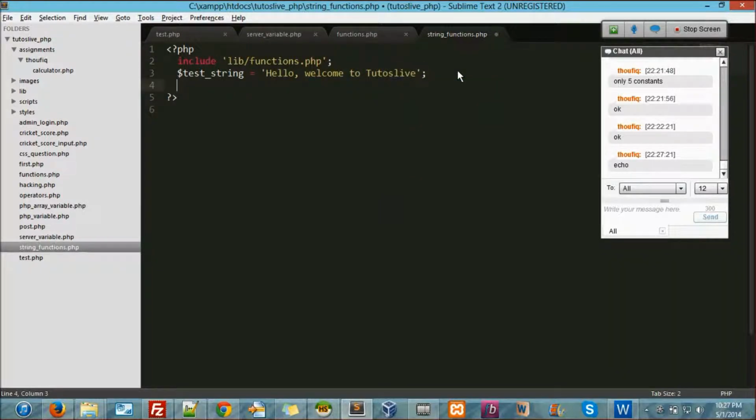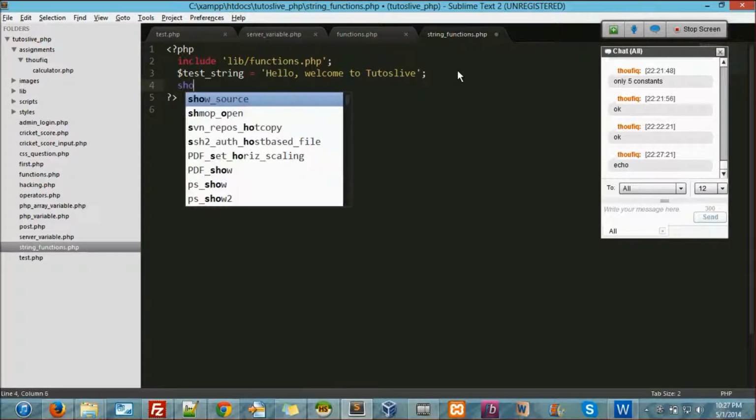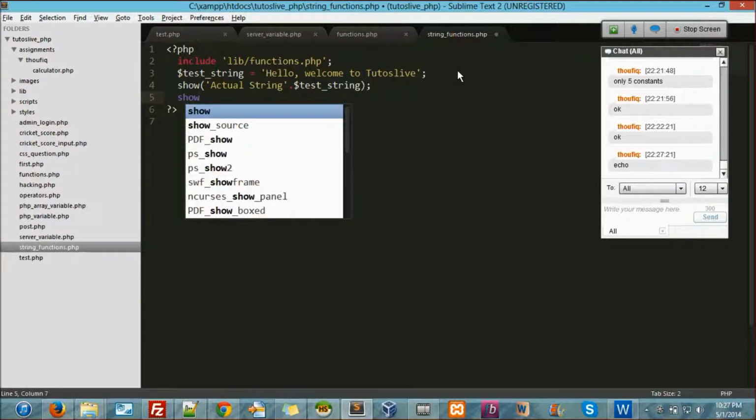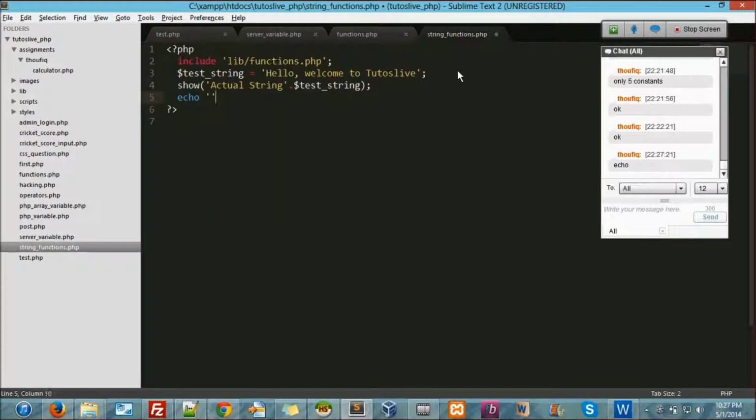Now here I'll write show, actual string, dot dollar test string, and let's write hr.